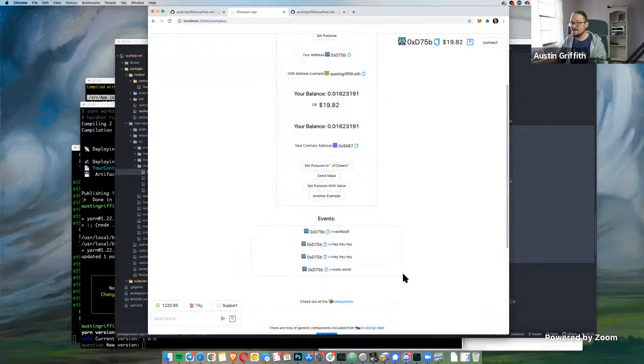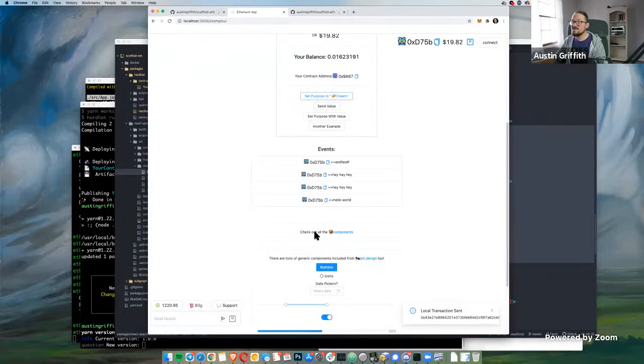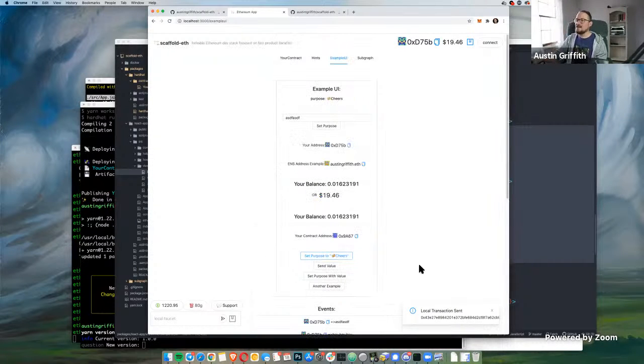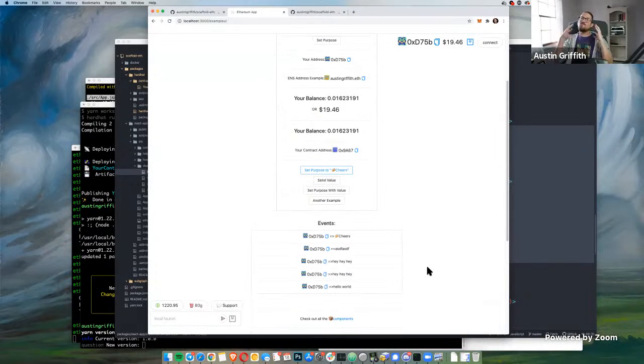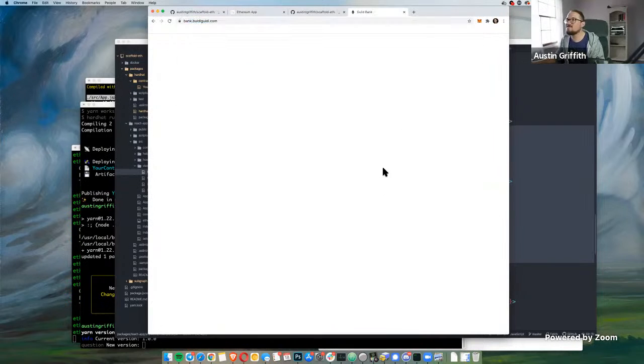And then I just have that in my front end. And anytime anybody sets the purpose, we see a new event come in there. And just to prepare you, once you go to production and you have a production level app, parsing events in the front end is probably not going to be the way you go. If you're building something simple, like the bank, right? The Bill Guild Bank still operates on